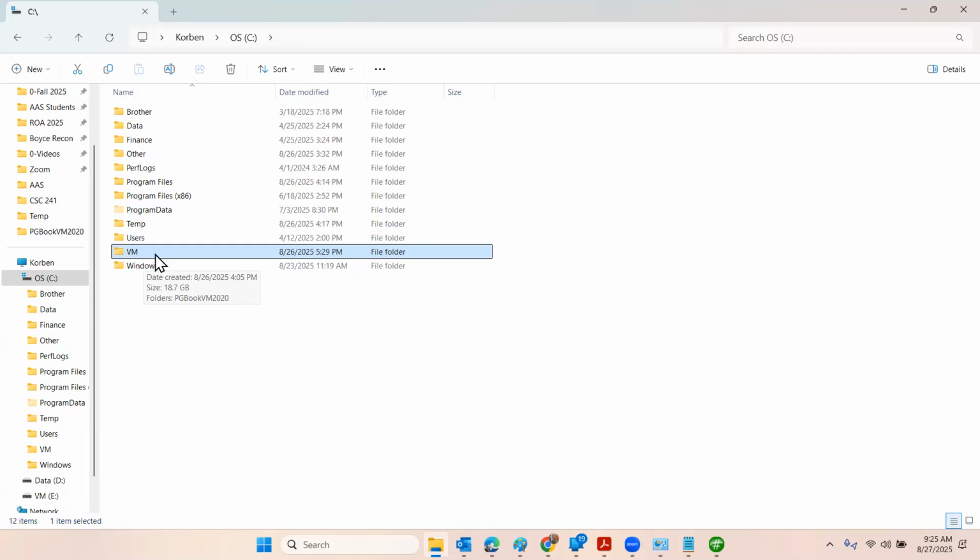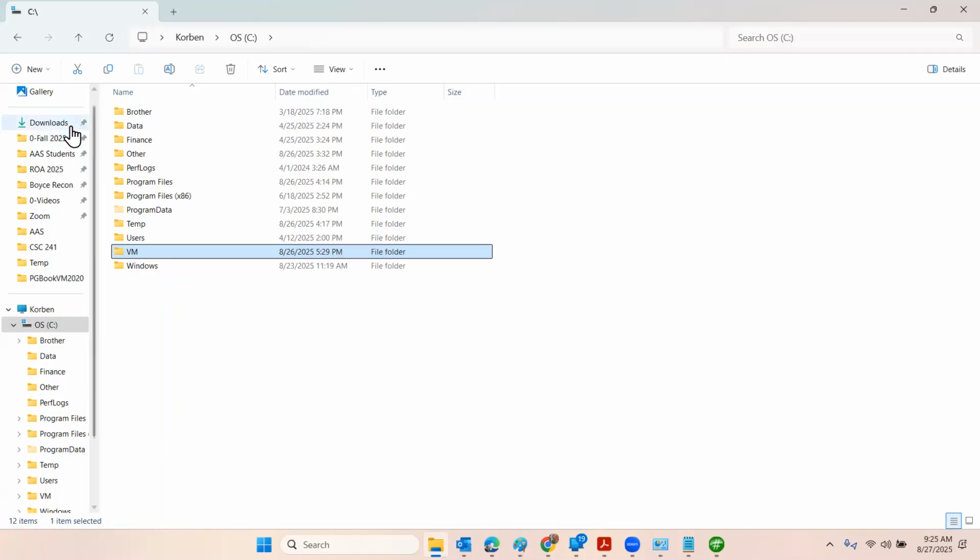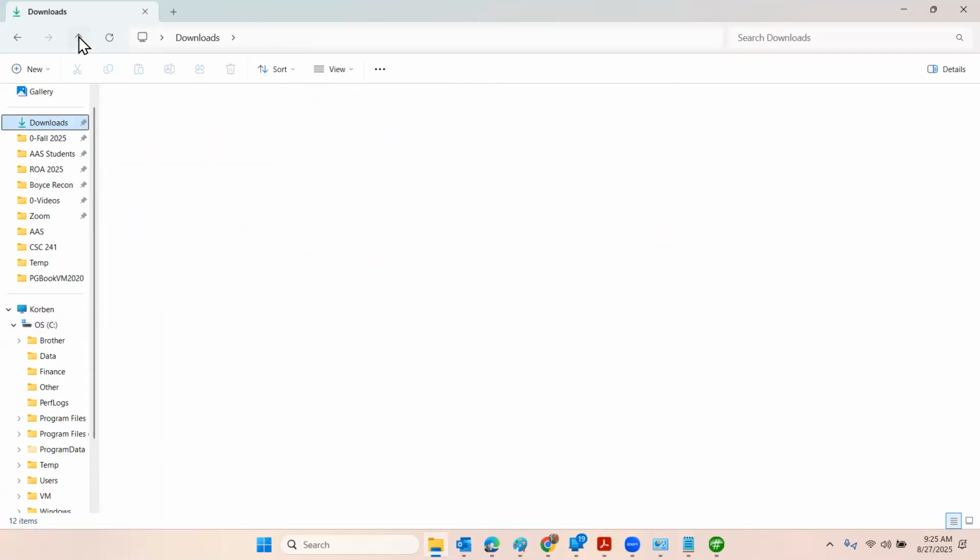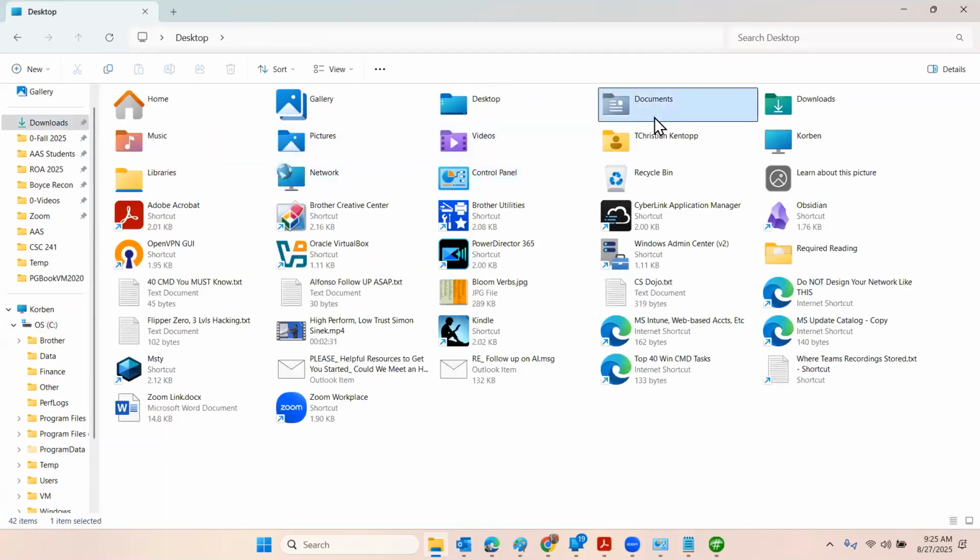You want your virtual machines loading into here. The default setting for VirtualBox is to put it in the Documents folder. When you put things in the Documents folder, if you have OneDrive active and it's configured automatically, half the time those things are syncing up to the cloud